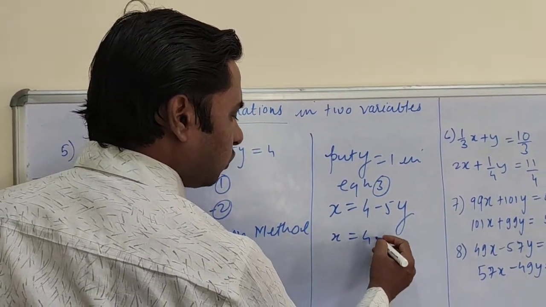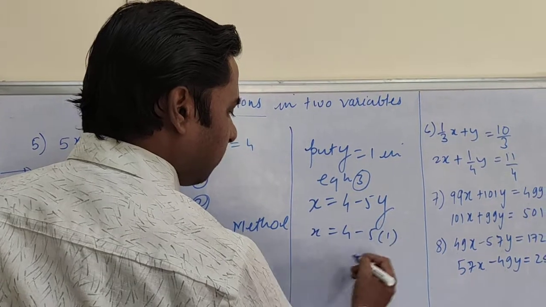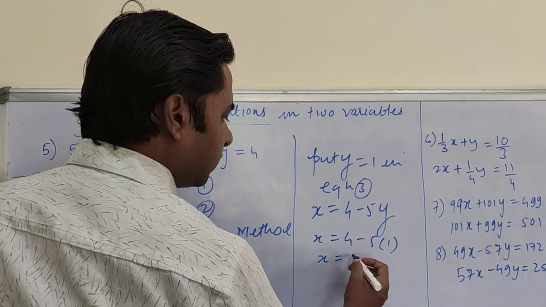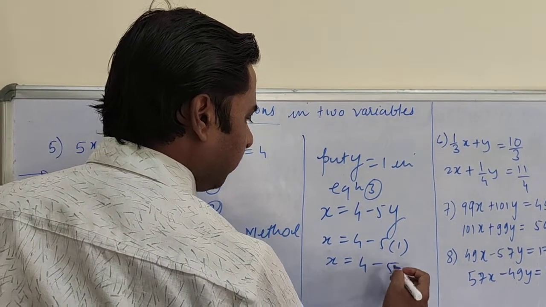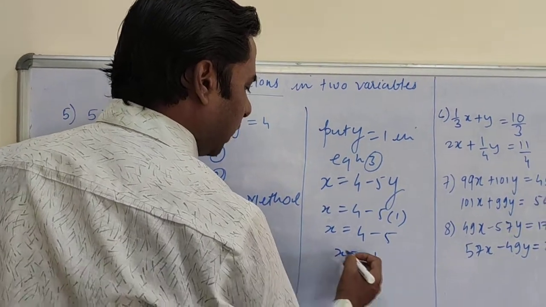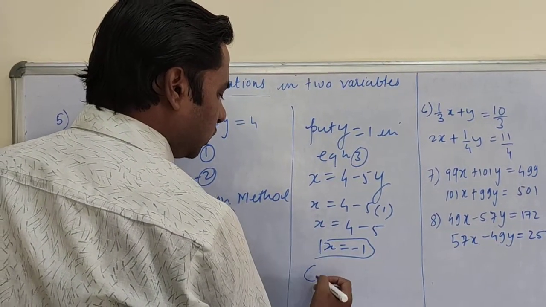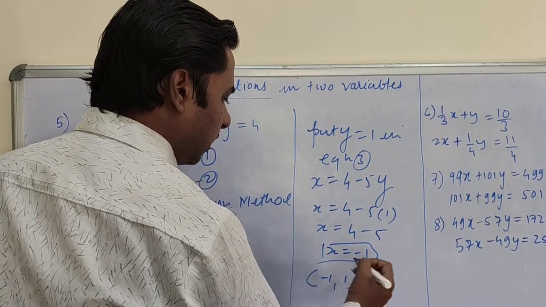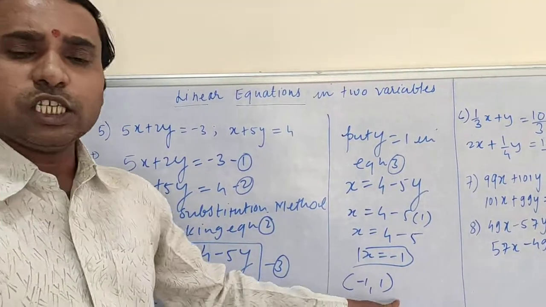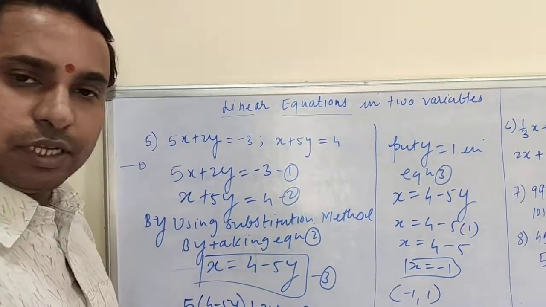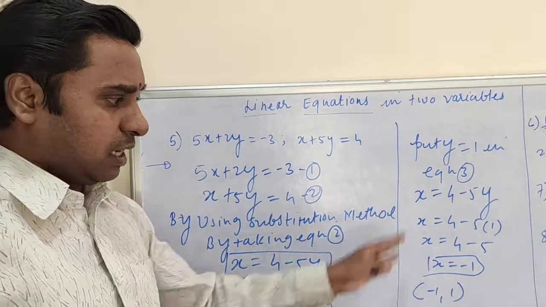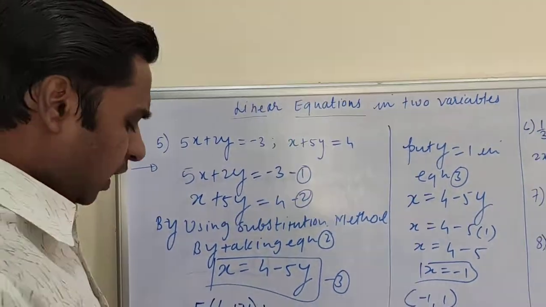So x is equals to 4 into 5 ones are. Okay. So x is equals to 4 minus 5. So x is equals to minus 1. So solution set minus 1 comma 1. So this is the solution set for the equation. Okay. So this is our complete solution. Now the next